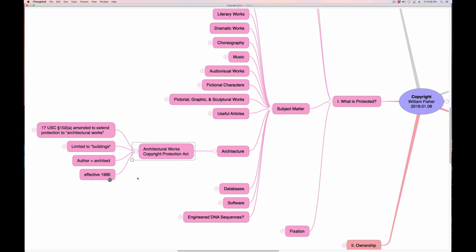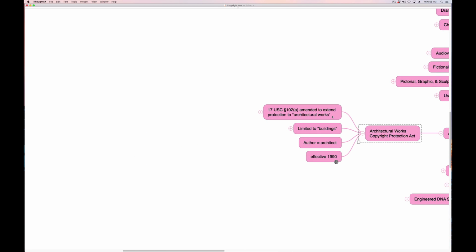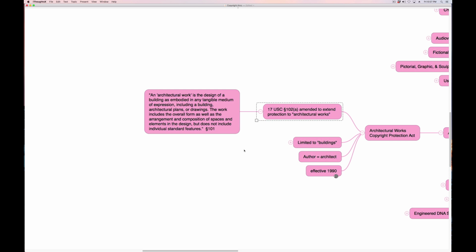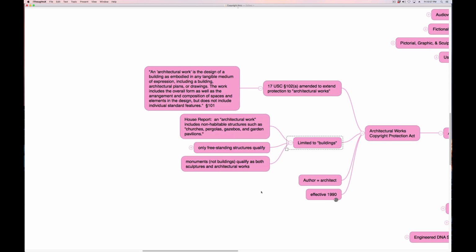The key provisions of the new statute are set forth on your screen. Notice that it's limited to, quote, architectural works, which are defined as, quote, the design of a building. Courts in the United States have construed building to be limited to freestanding structures. The most important implication of this new statute is that in the United States, architectural works no longer have to